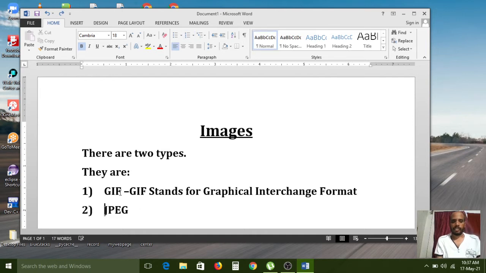Next one is JPEG. JPEG stands for Joint Photographic Experts Group.